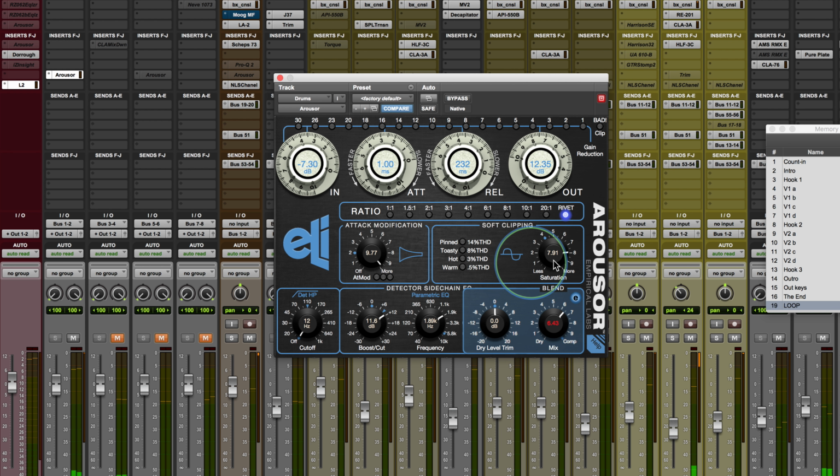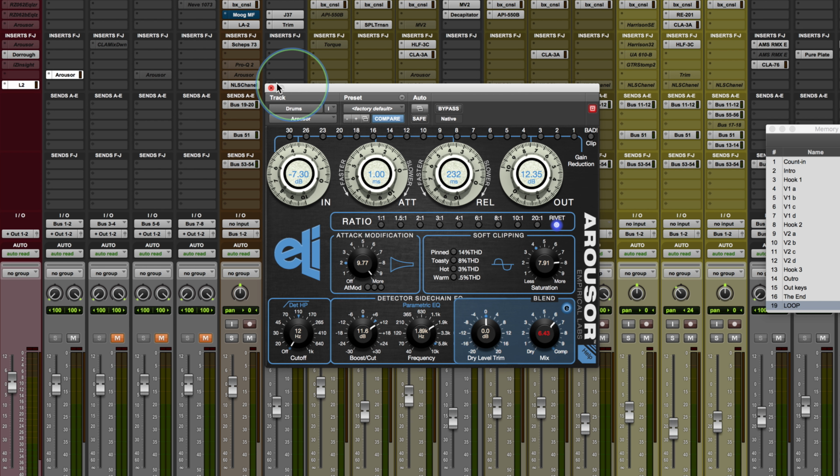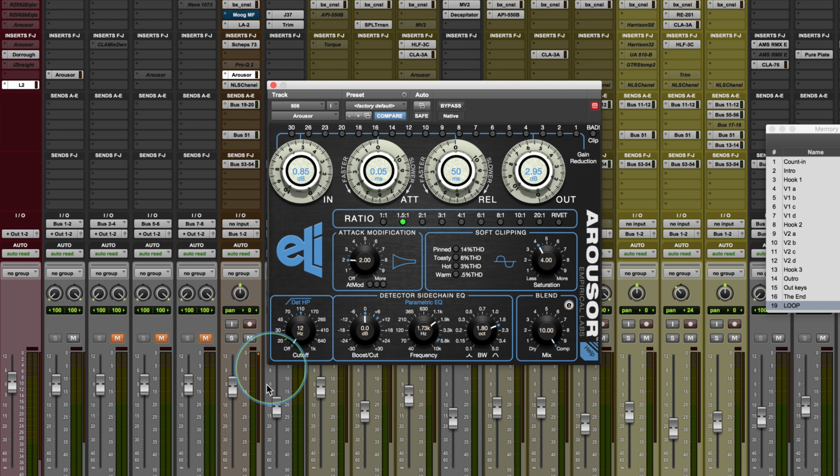So you can see how just those simple features alone give you a lot of creative control that you can mix in. This is also very cool for lots of other things here. I can take this out. I have this on the bass sound. Maybe I'll just bypass this for a second so you can hear this. Another way of using this, on this particular sound, I have a bass that's